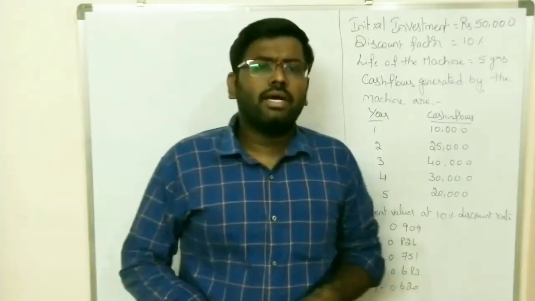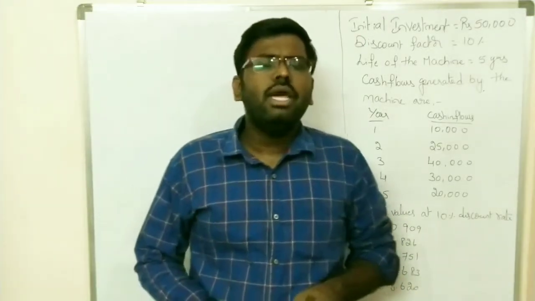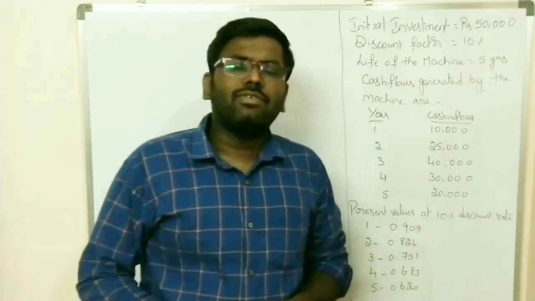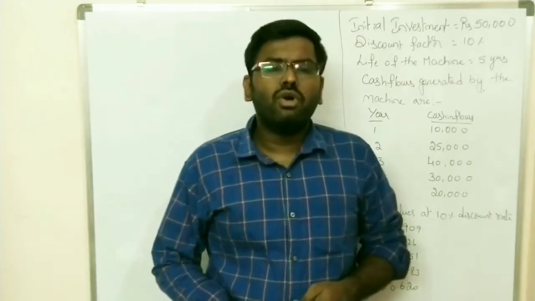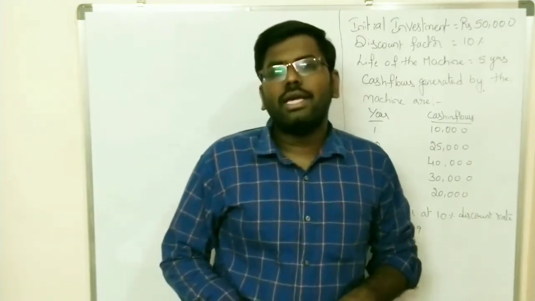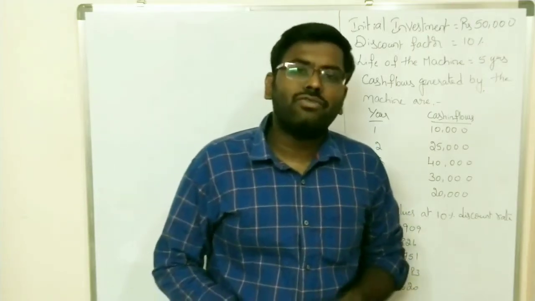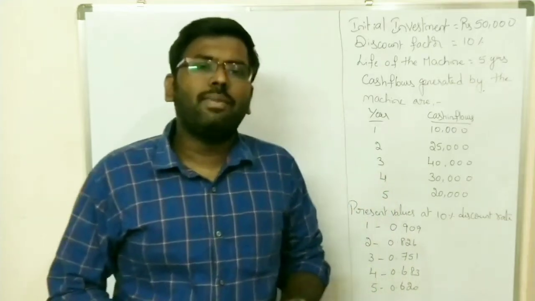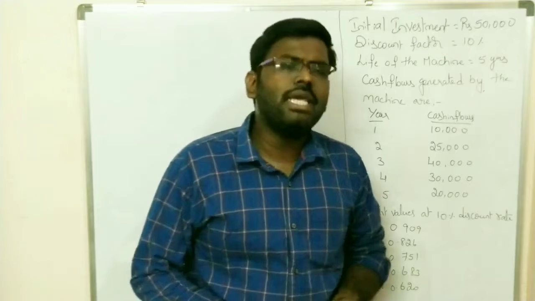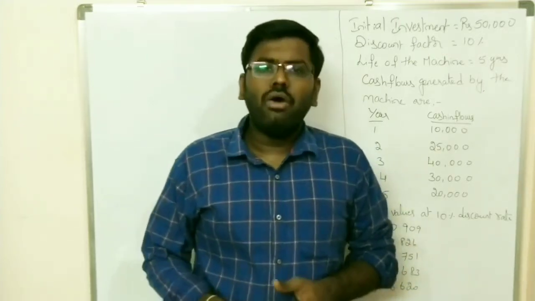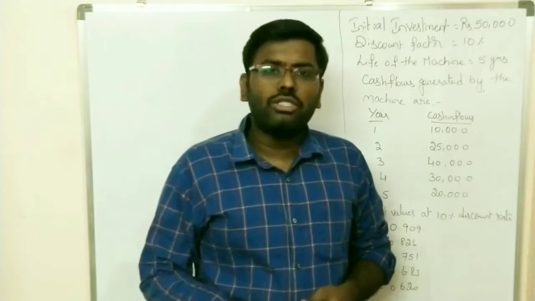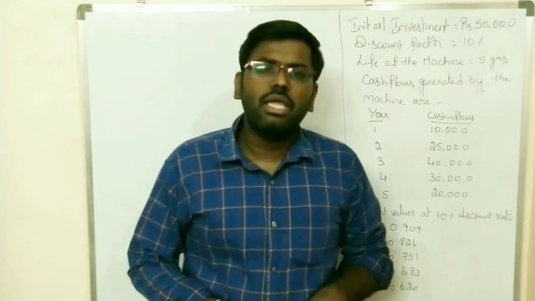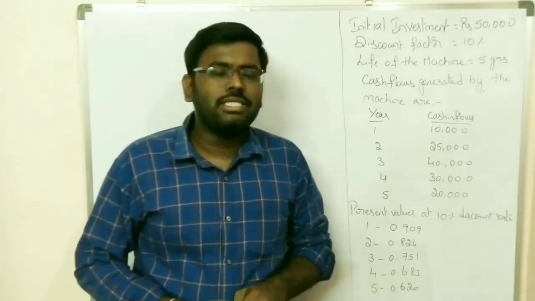Hello everyone, welcome back. In the last videos we have discussed the traditional methods of capital budgeting, that is, we have seen how to calculate the payback period as well as the accounting rate of return. Now we will discuss the modern techniques, or discounted cash flow techniques, of capital budgeting, where we have three types of techniques: net present value, profitability index, as well as the internal rate of return. So how we will accept or reject a project or an asset with these techniques, we'll discuss in this video.